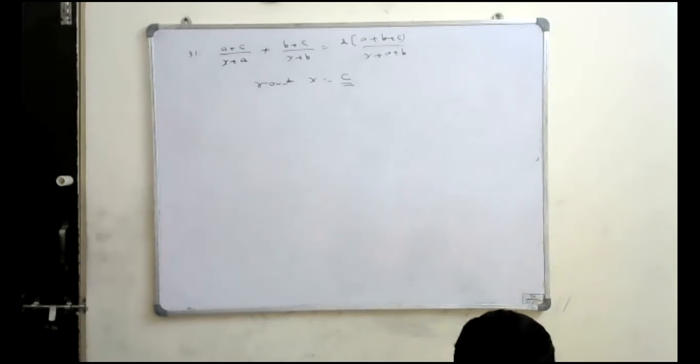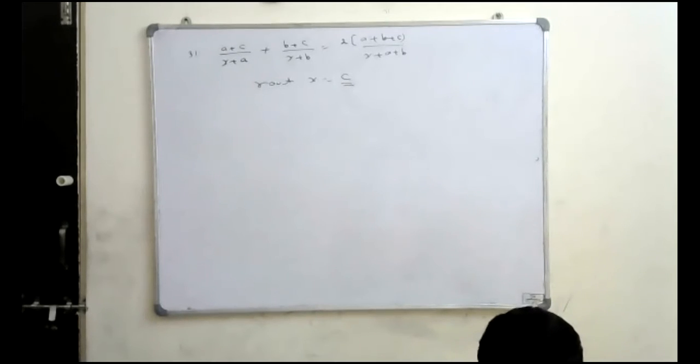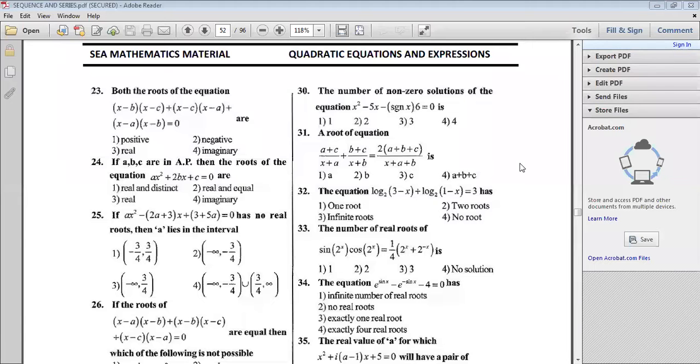But it should have two roots, no sir? Two roots, but the other root could be complex. But it is a quadratic equation. Yes, quadratic equation only, so the other root could be complex. Look at the options: there is only one root, two roots is not a possibility. From the options you can understand that.